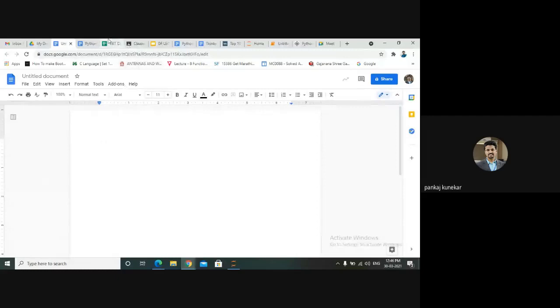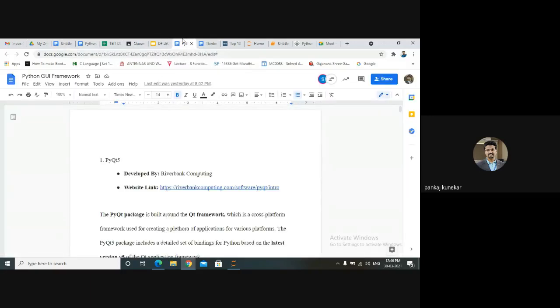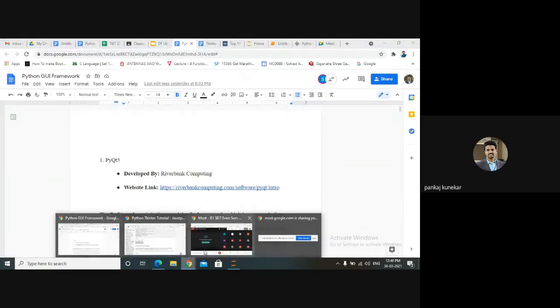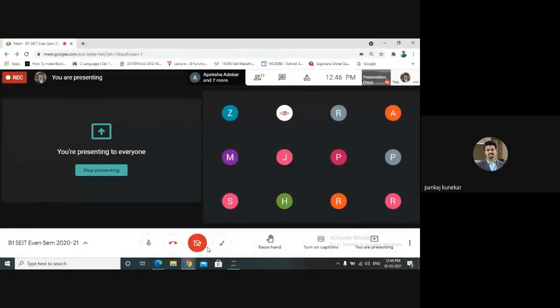So today's focus is on GUI. First let me know what are the different frameworks you are aware of for Python GUI.